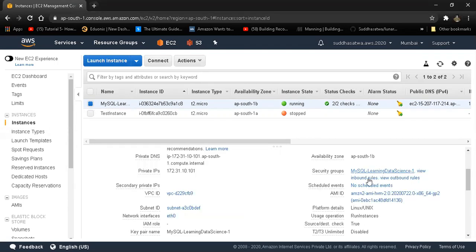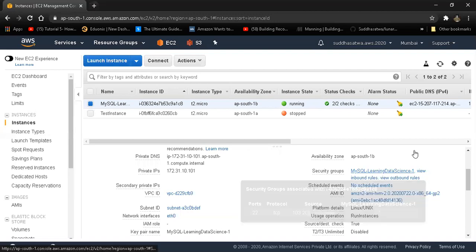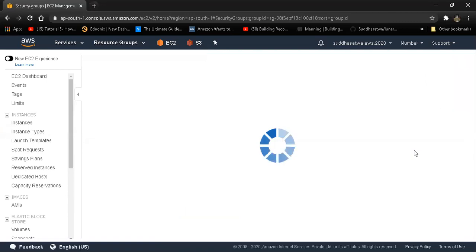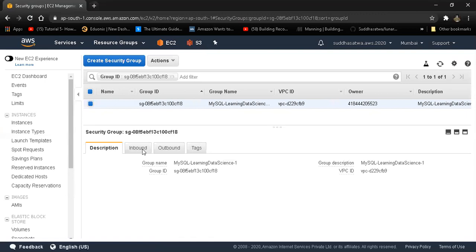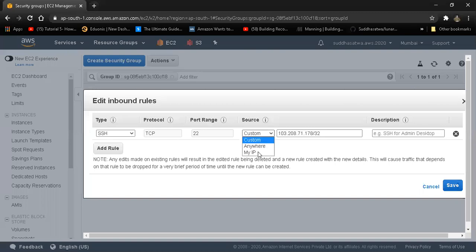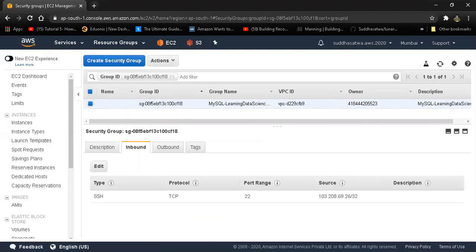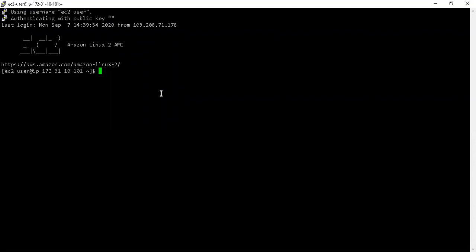Why not I go to view inbound rules? It should be my IP. Okay, let me just check this again. Maybe my IP address has changed and that's why it's not working. For time being, maybe I can even set it to open to the world, or let me just see, edit and save. Yeah, you see my IP has changed. That's why this is the case. Usually that is almost always the case. There is no other thing. Usually that's the main problem with not having a static IP. Now see, I'm able to log in, right?